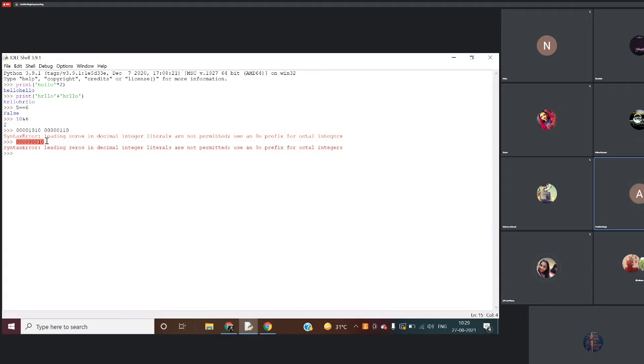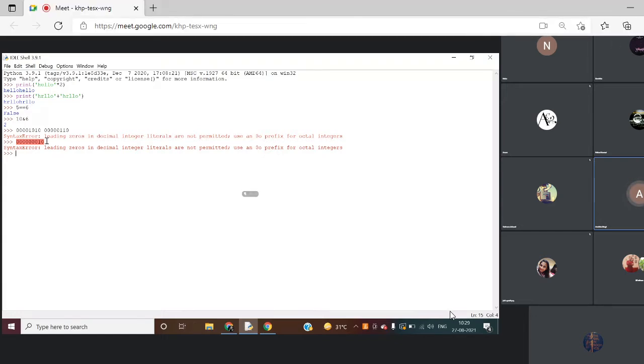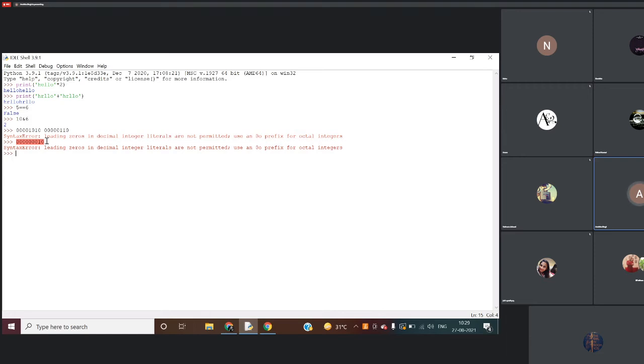Clear? Same way, OR operator, bitwise OR, same way it will be giving you XOR. Okay, same way it will be giving you the complement. In case of complement, if you have a number as x, it will be returning you minus x minus 1. Okay. Clear?